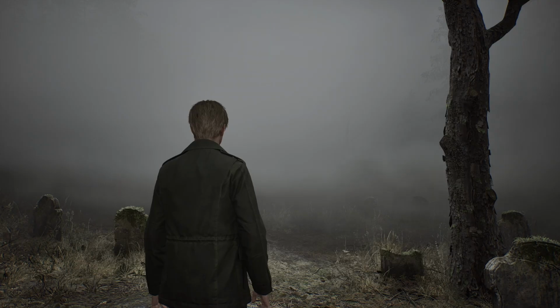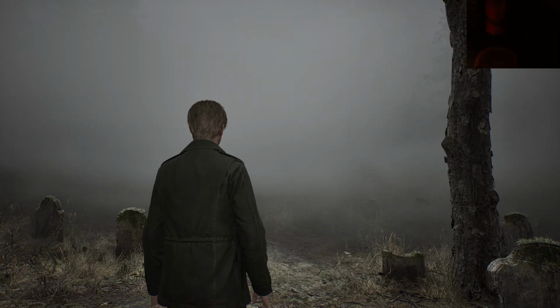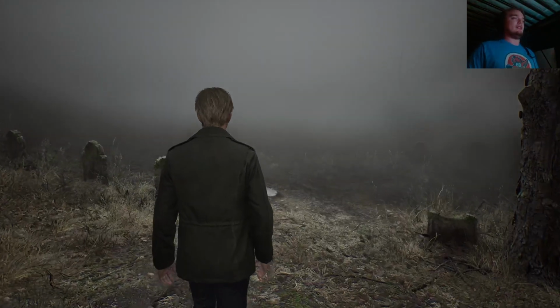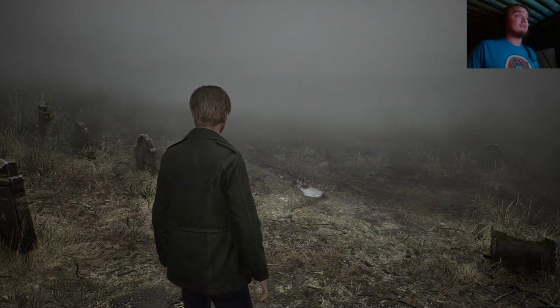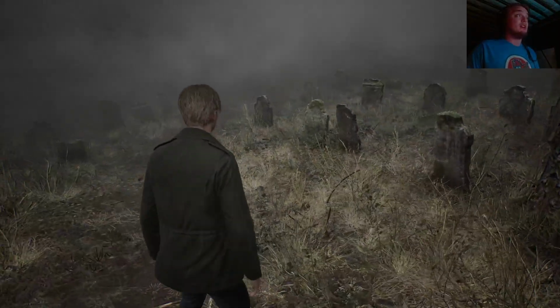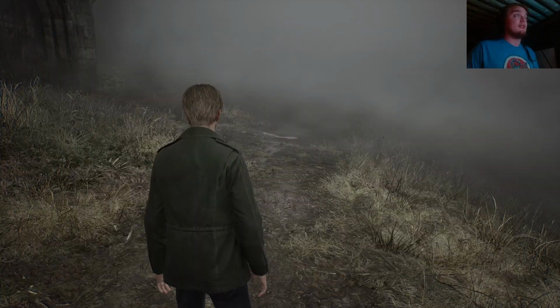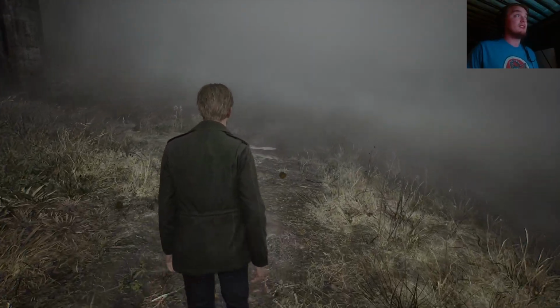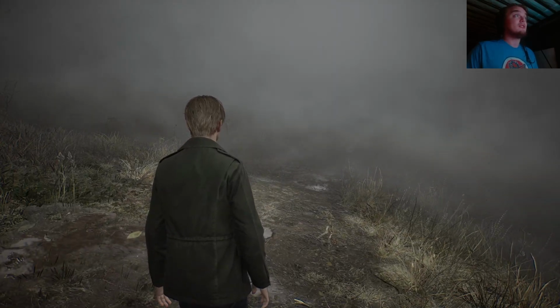Fascinating, isn't it? Webcam on. Hello. So, I'd like to note that the game immediately draws attention to the fog. It brings attention to it, and now the player is more readily aware of its effect on the player and the in-game characters. It's very thick, it's very hard to see, and it hides things very well. Like, I cannot see in front of me.